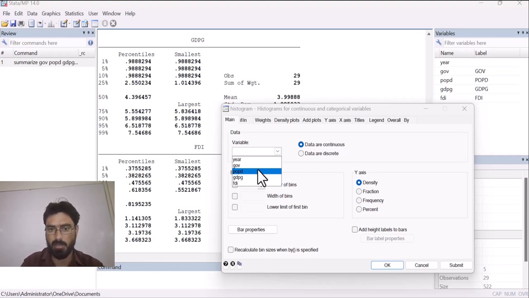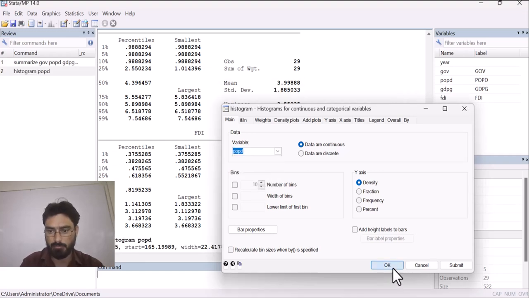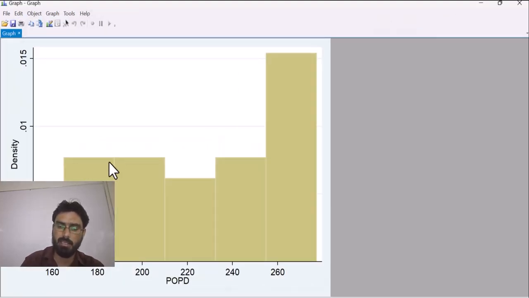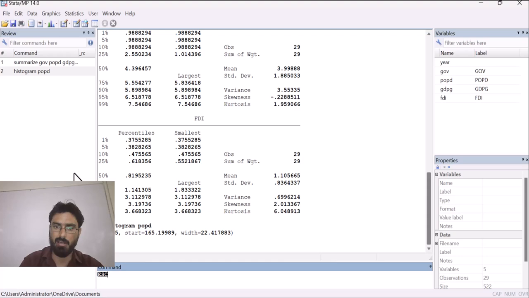Let's say I want to see population, this variable POP. Then click on OK. Here you can see it has given us the results. If I draw a hypothetical curve, you see that more values are on the left side, so it is said to have a left tail.